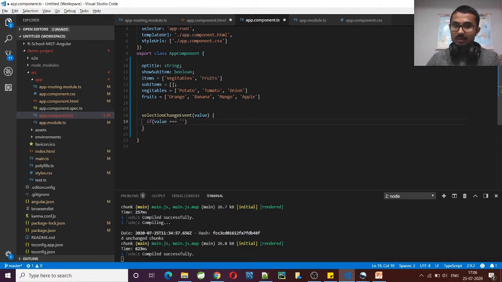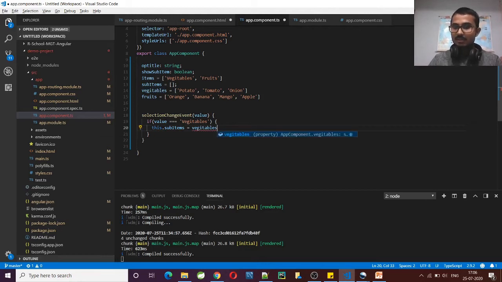Here we have two values, so we can compare these two. If it is vegetables, then we will do a similar action. This is the sub item which we want to display in the next one. So with this, I'll assign this one, vegetable section one. I will assign this here.